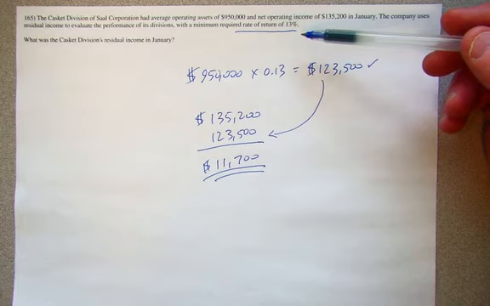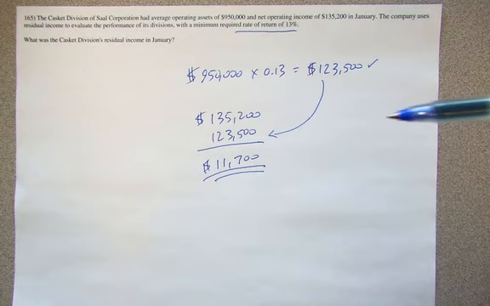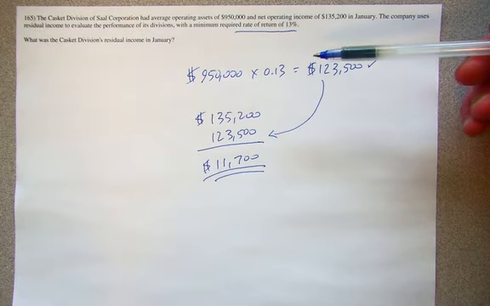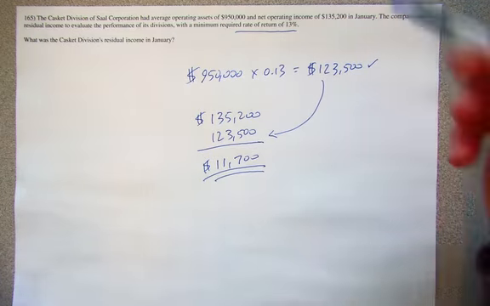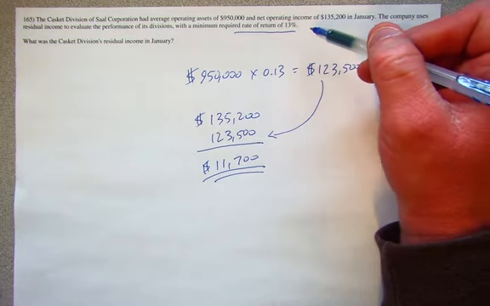So if you had a manager or decision maker that was evaluated solely on return on investment, that person might be unwilling to make an investment that would make ROI go down, even if that investment was good for the company as a whole. That's where the residual income can come into play, where you would basically say, hey,